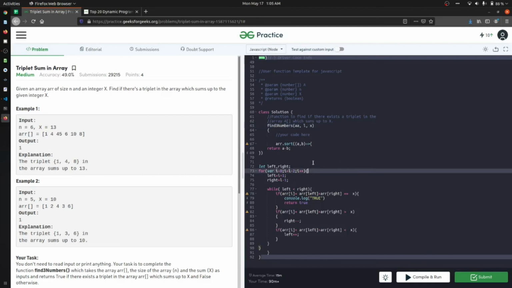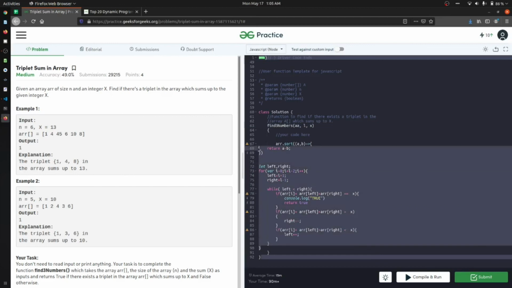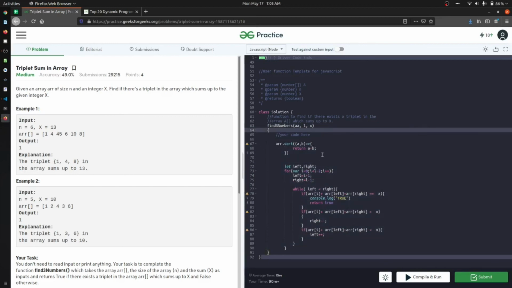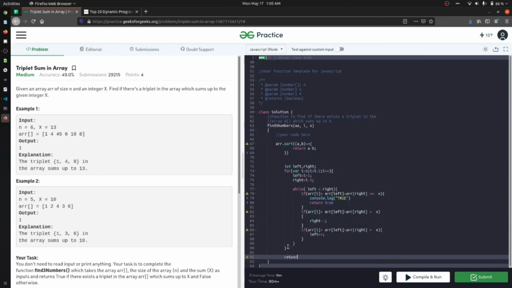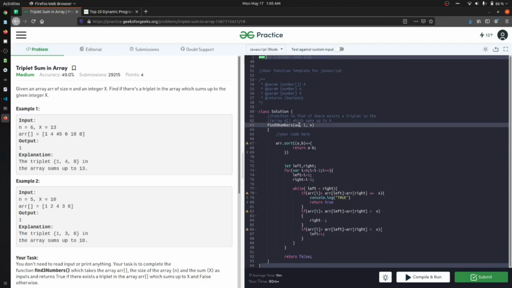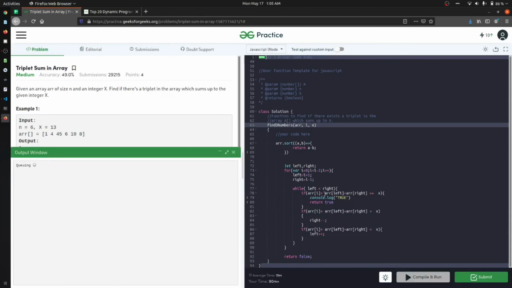And if we don't get anything, then we will just return false. Okay, what does it say, arr is not defined. Oh, sorry. Let's just compile it and see. I hope it's right. Yeah, true.